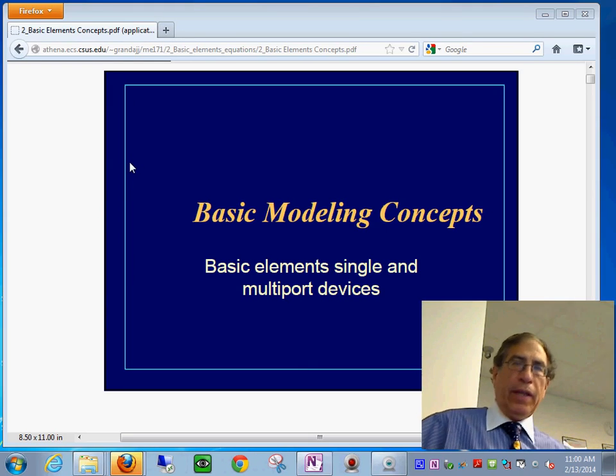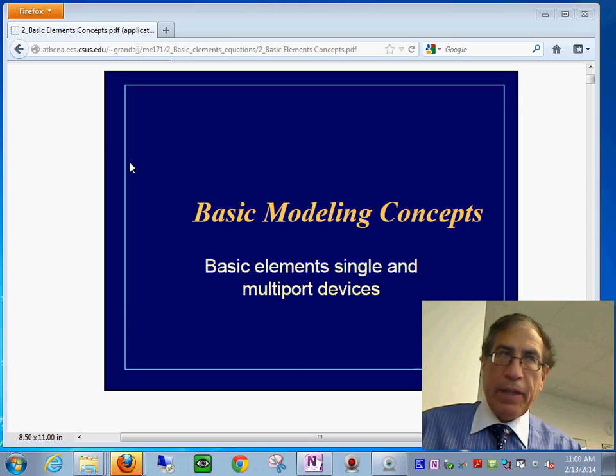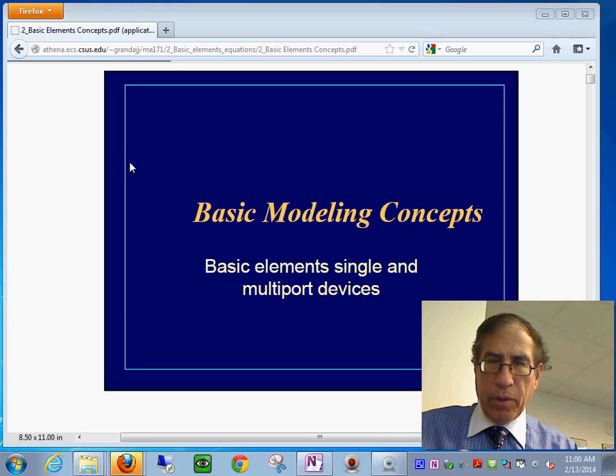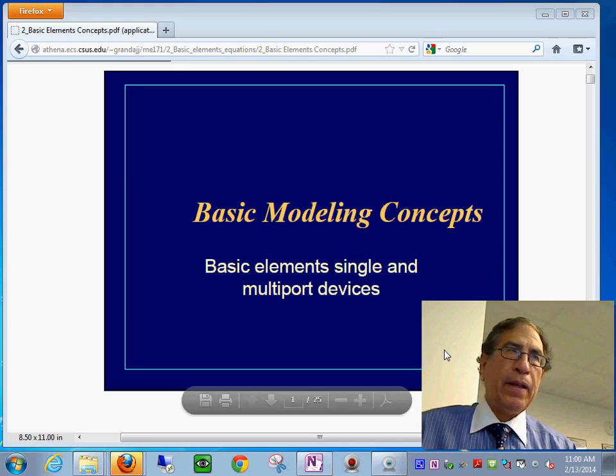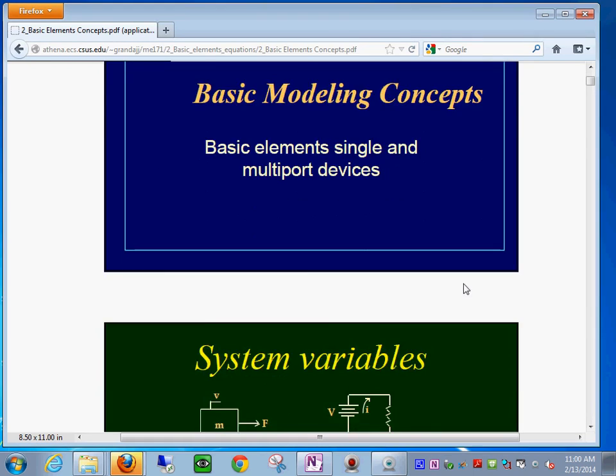We're going to see now the basic concepts of bond graph modeling, and we'll study the basic elements and introduce the kind of variables that we use. And then later on, we'll look at the individual constitutive relationships and towards building a model for simulation. So in here, we're going to say, okay,